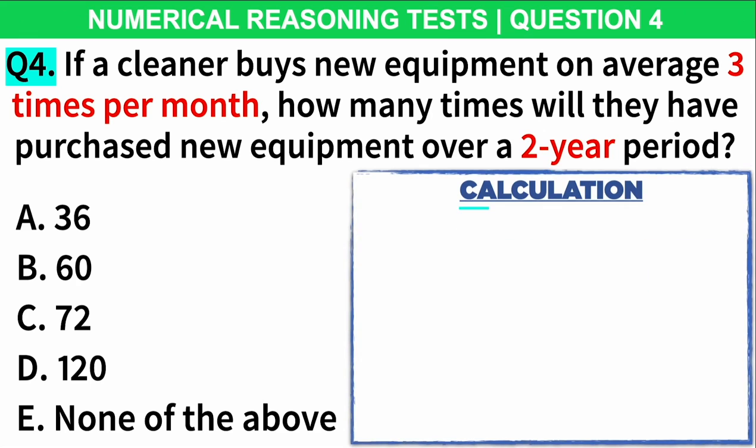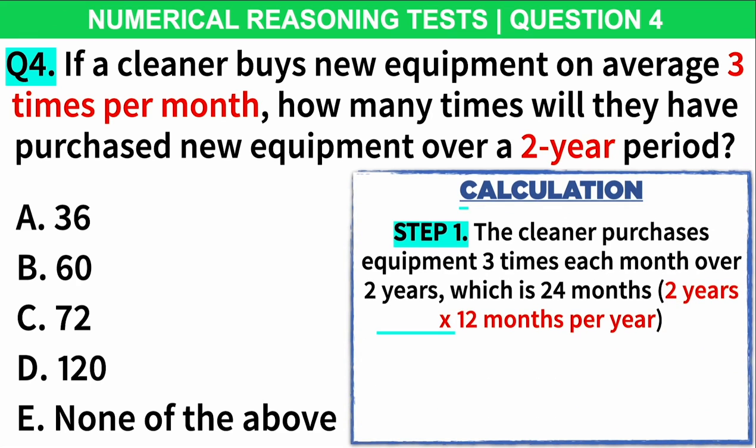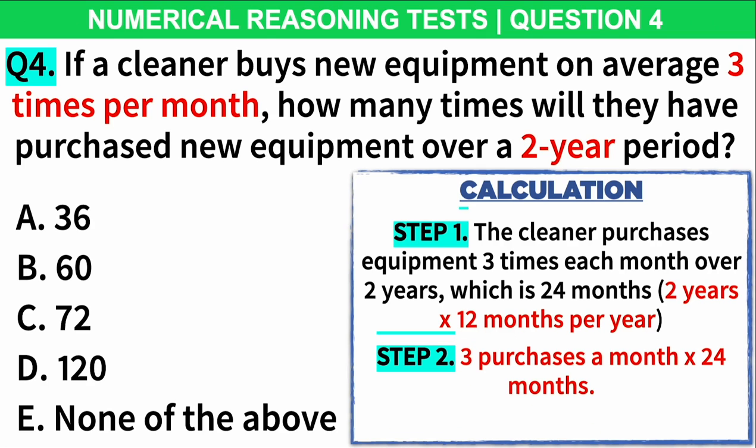Well, let's work it out together. Step 1. The cleaner purchases equipment 3 times each month over 2 years, which is 24 months. 2 years multiplied by 12 months per year gives us 24 months. Step 2. 3 purchases a month multiplied by those 24 months gives us our answer of 72 purchases, making C